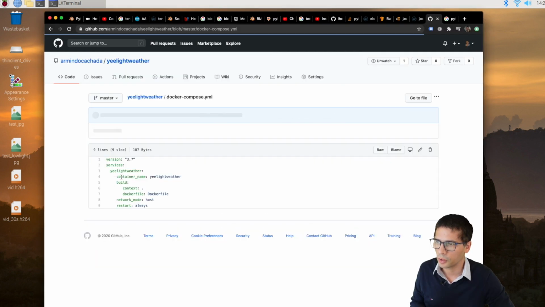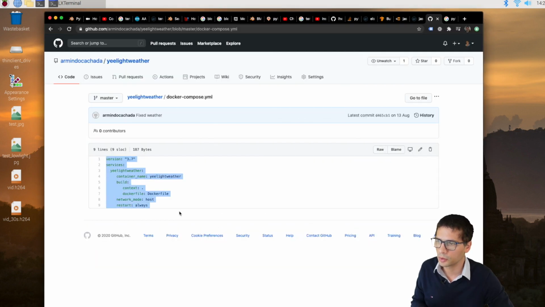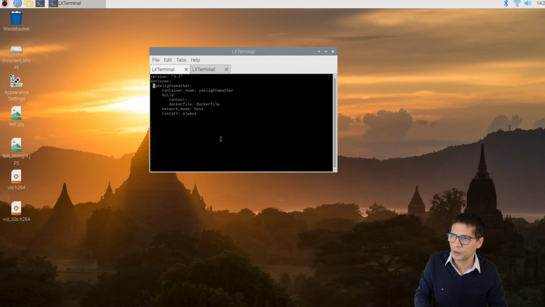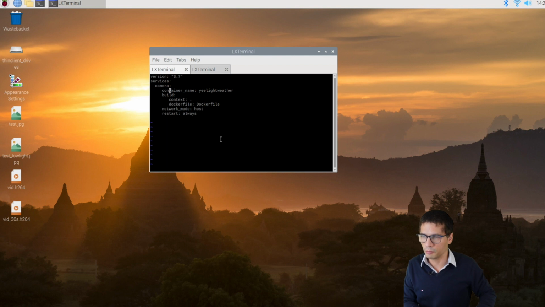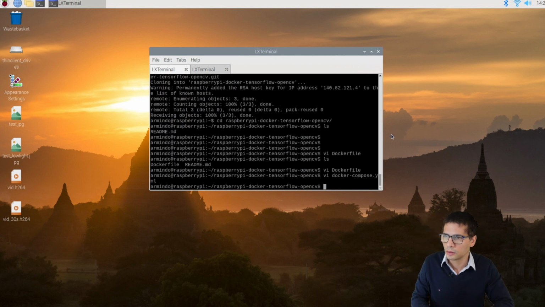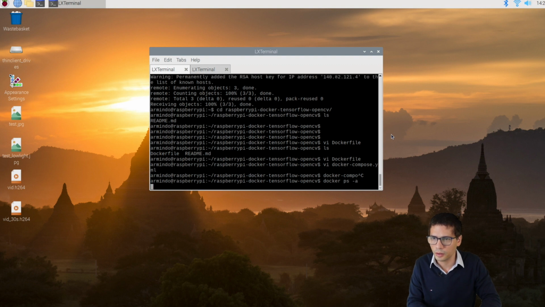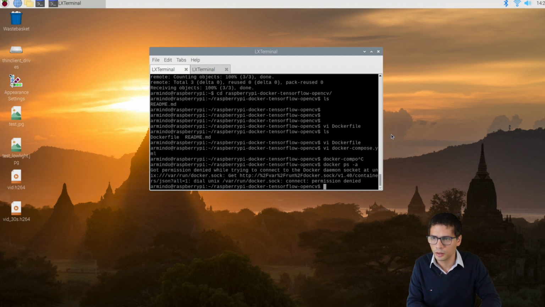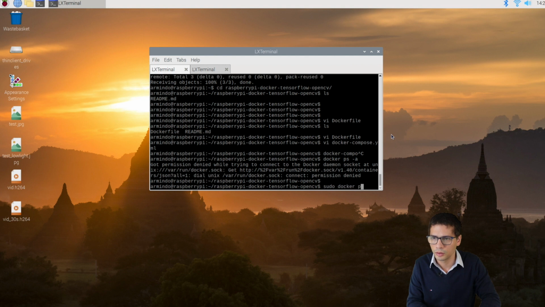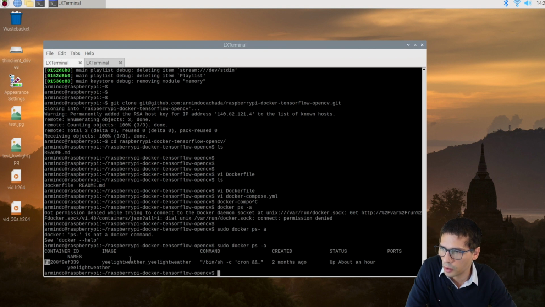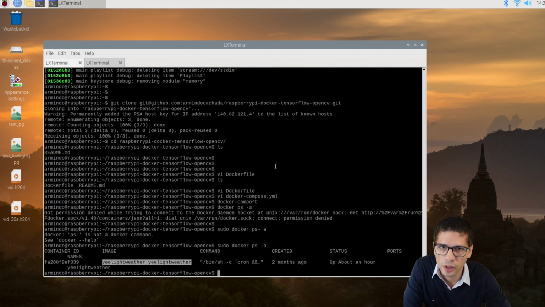I'm going to also copy the Docker Compose as a starting point. Okay, so I'm just going to change the service name. I'm going to call it camera for now until I have a better name. So now, if I try to do Docker Compose, by the way, I should have another Docker running in my sudo docker. But I already have a Docker container running. This is a Docker container I set up to get the weather information and then change the light based on the weather. It's quite a cool project.